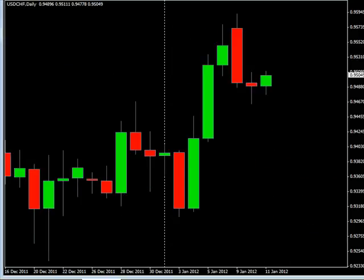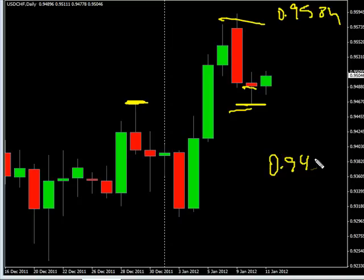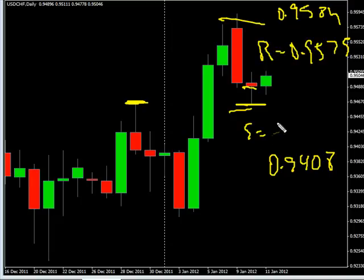Now the US Swiss, this pair closed down, had a much larger run to the downside, but did pull back prior to the close, ran into some areas of previous resistance that is now support. We are looking for this pair to continue moving sideways. Look for it to potentially go as high as 0.9582, possibly as low as 0.9408. Look for some resistance around 0.9575 and look for some support around